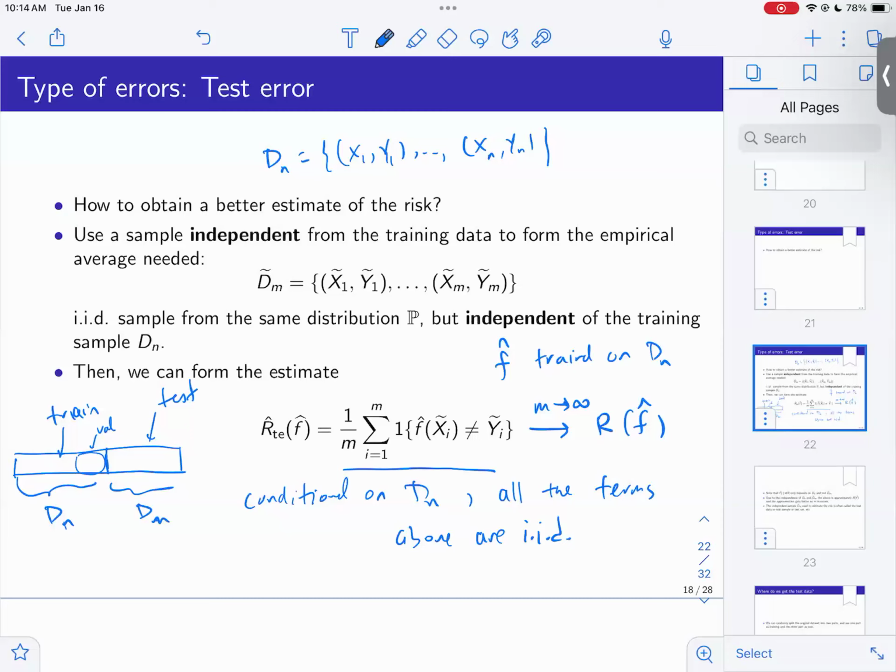In this course, I'm usually not going to worry about the separate validation set. I'm just treating the test as a validation, because there's no final test for us. We do training and test. But in practice, you usually do train, validation, test.